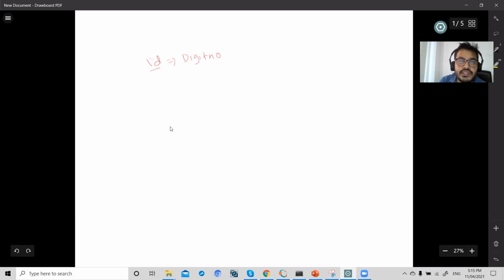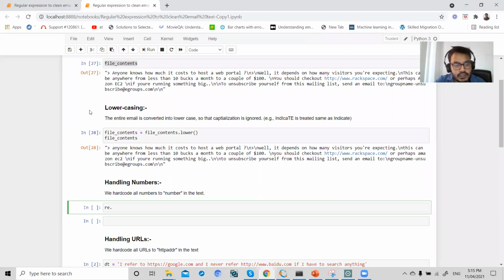Slash d means all digit numbers, or I can use a digit range from 0 to 9, if it starts with 0 to 9, to collect all numbers. I will be using re dot find all, then slash d comma